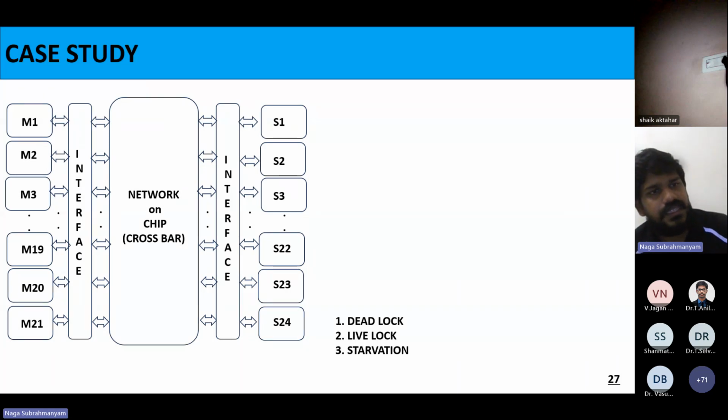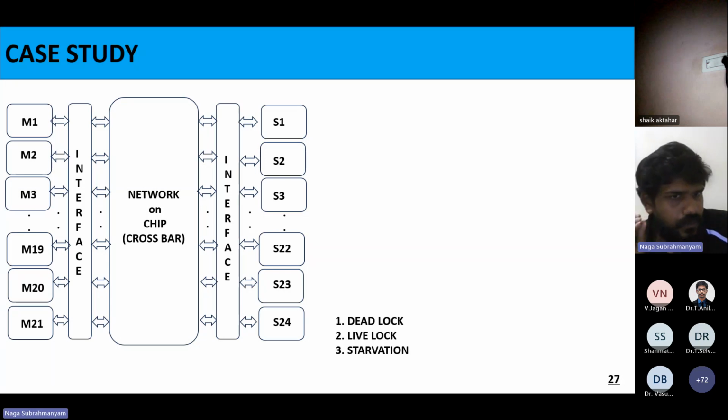Whoever I want to give to, they have to take it. If somebody else takes it, they may misuse it, or they may not use it, they may throw it away, or they may manipulate it. Many things will be there, right? That is one point. Another point: whenever M2 is putting data to S3, S3 has to give the response, right? Yes, I took the data, it is done. So M2 has to understand that S3 sent the response. That is the acknowledgement, exactly. That acknowledgement also the network on the chip has to give to M2, right? Suppose I'm giving to somebody, they took it, but they are giving the acknowledgement to somebody else. That is not the proper way of doing things, right?